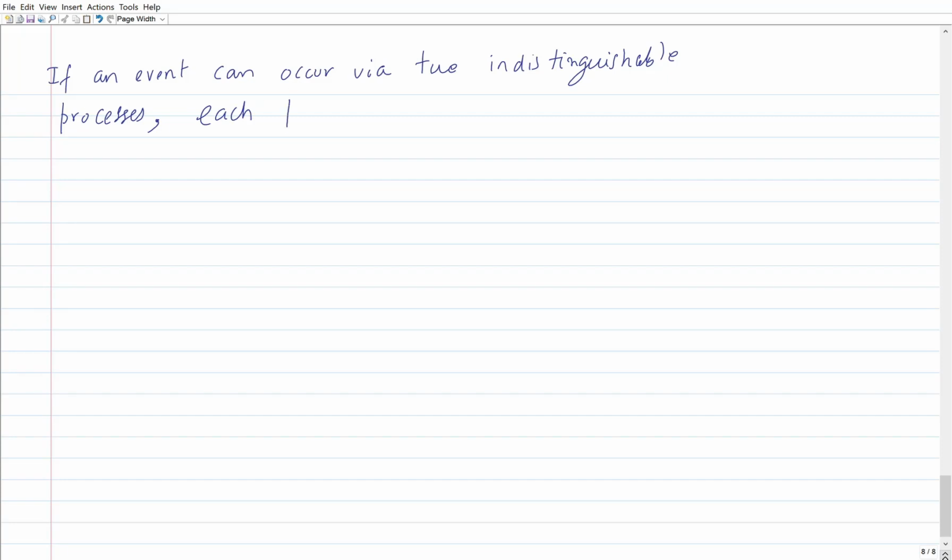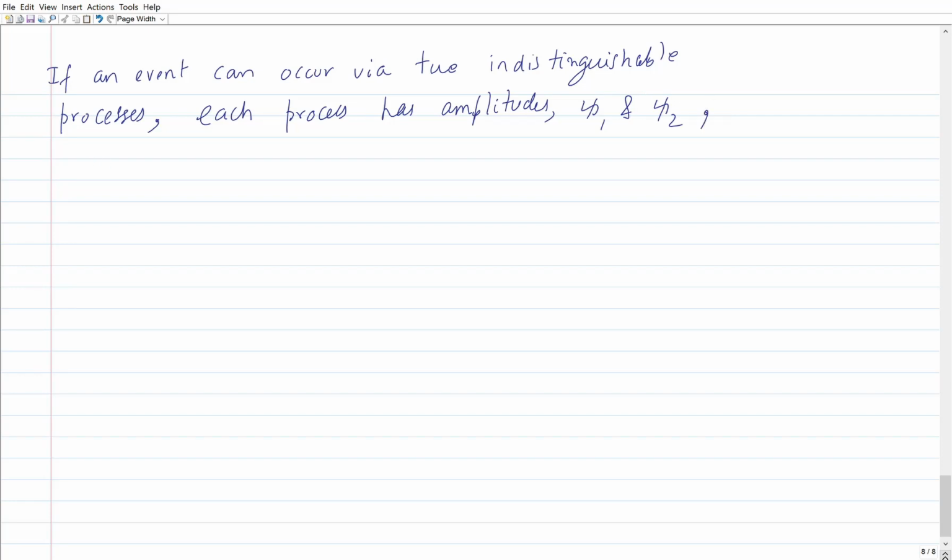Now if an event can occur via two indistinguishable processes, and each process has amplitudes psi 1 and psi 2 respectively,